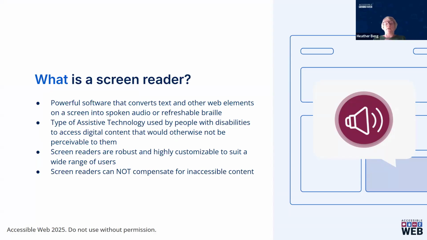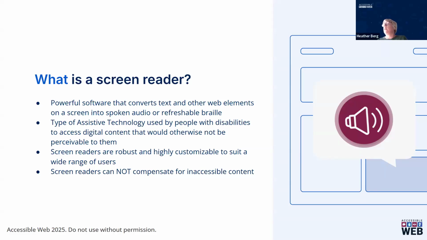We're all very familiar with the audio functionality of screen readers, but it's really important to also know about the real-time refreshable braille. The screen reader drives a standalone hardware device called a refreshable braille display that generates real-time braille for a braille reader as someone navigates through content. And I think we have a picture of that piece of hardware, if you're not familiar with it, coming up